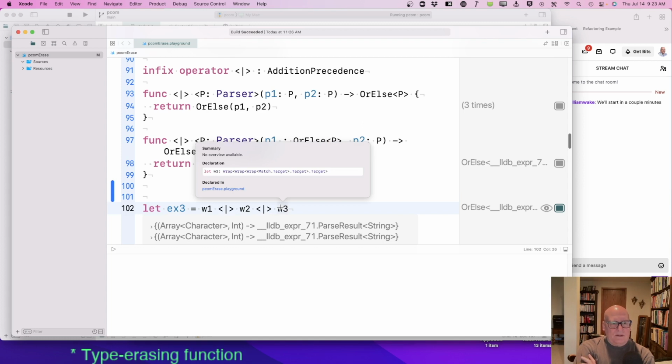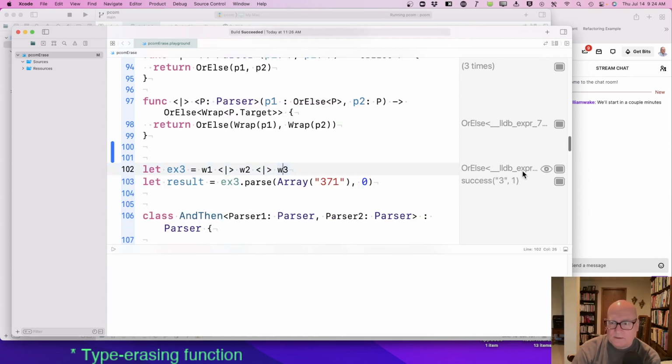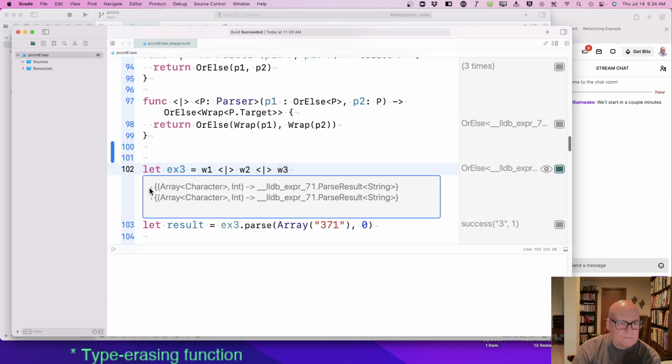I'm surprised it knows all that. Okay, but EX3 works, so let's see what it's producing. Array character int goes to parse result string. Array character int.